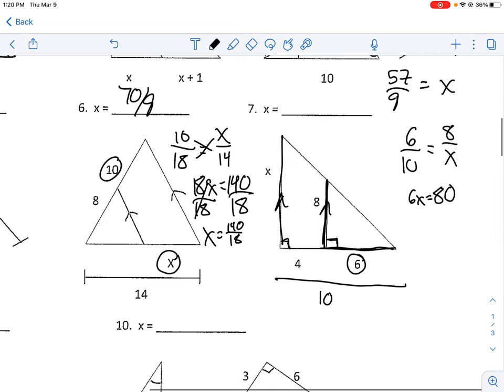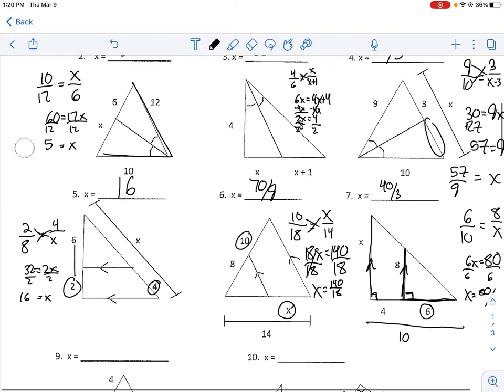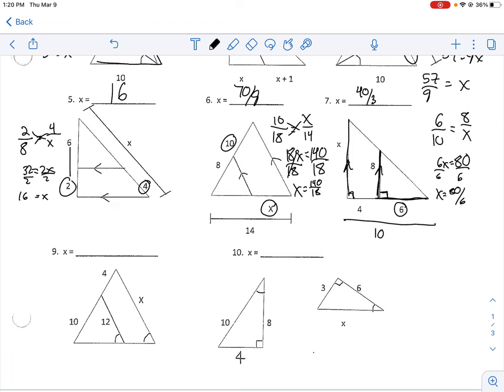6x is equal to 80, and then we divide by 6 on both sides. And we get 80 over 6. X equals 80 over 6, and that simplifies down to 40 over 3. Okay, so we had a couple improper fractions here, but we are in good shape in terms of setting things